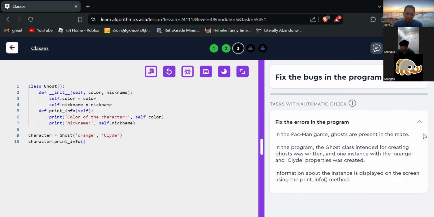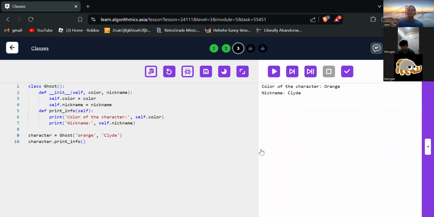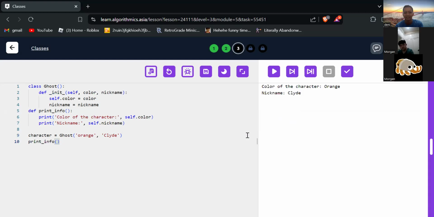Hey, why is the solution like this? Okay, I think there is no problem with your code, but the solution makes me confused. Okay, you can revise it as in the solution. You can see your meeting chat, Morgan. But I think your code before is okay. There is no problem with the code.